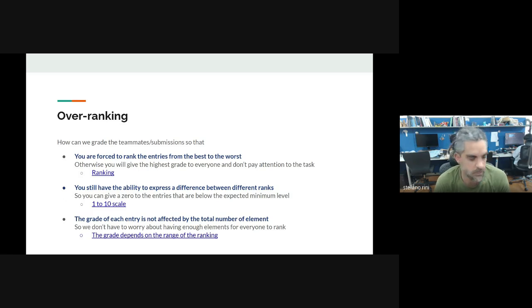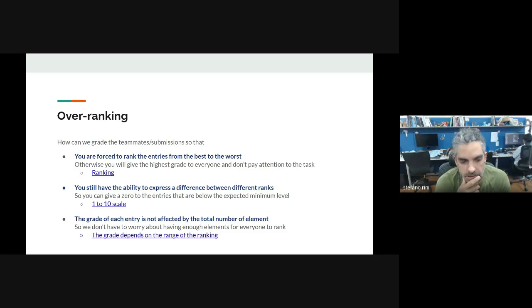So we chose to let them rank the different teams. But then people complained because they said that they were forced to choose a ranking between, let's say, 3 teams, but the first team and the second team were very close, while the third team was terrible. So they complained that the ranking did not give enough